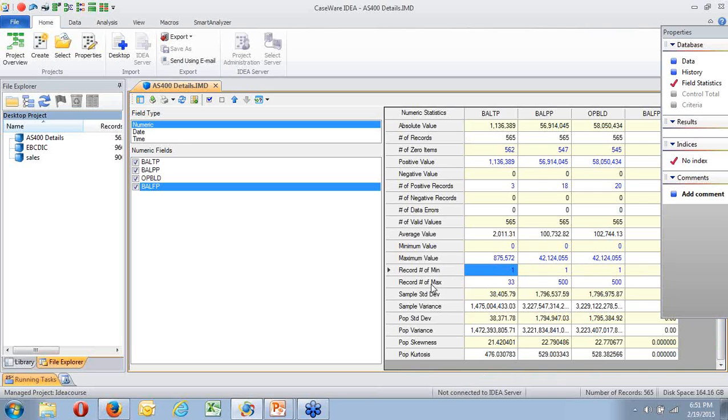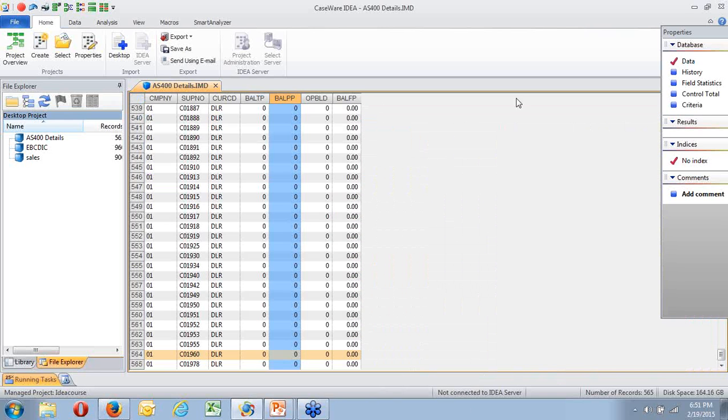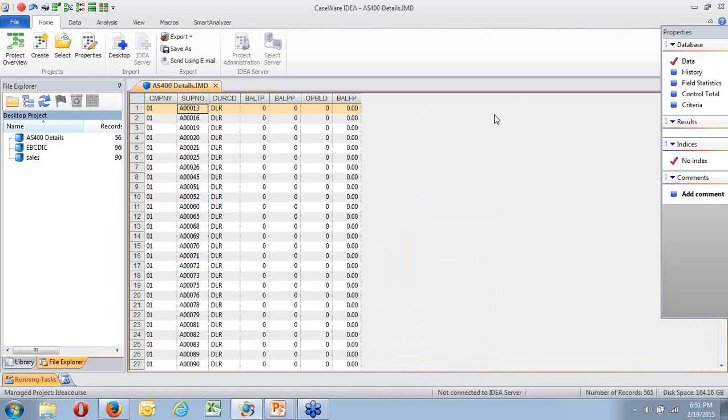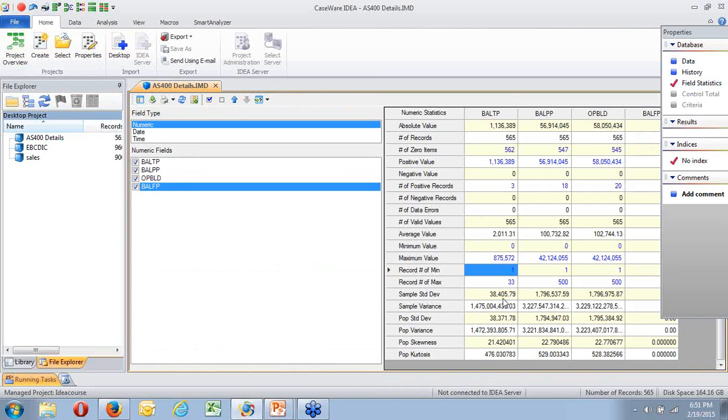This is not the number of records, it's the record number. So if I look at my data, and I go back all the way up to the top, there's the first one that came in like that, is record number 1. If I look at record number with the number maximum is record number 33 for that.